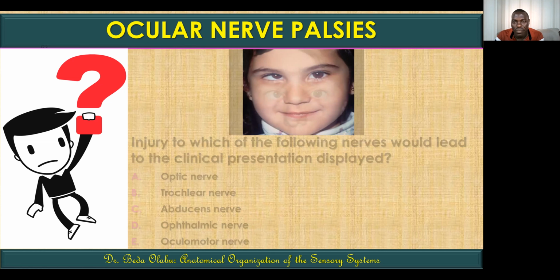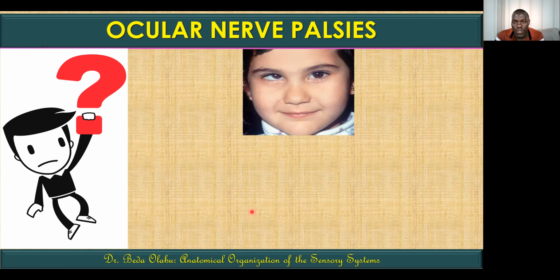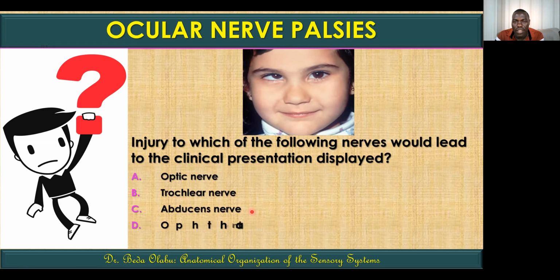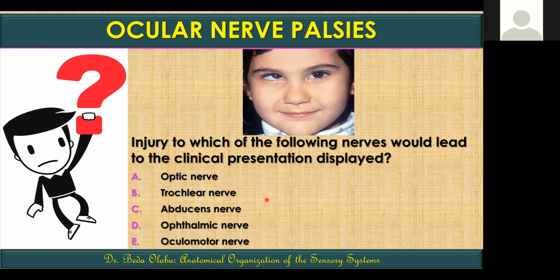Let's try another one. So in this child, I hope you can all notice that again, we are talking about the right eye. So let's first agree on the movements which have been lost in this eye. Which movements has this right eye lost? Elevation. Abduction and